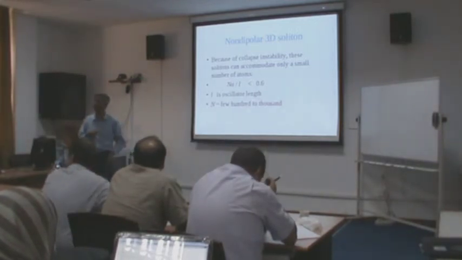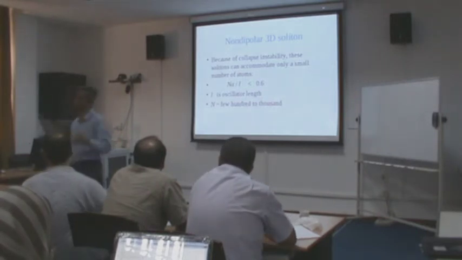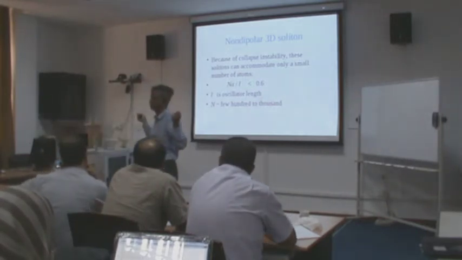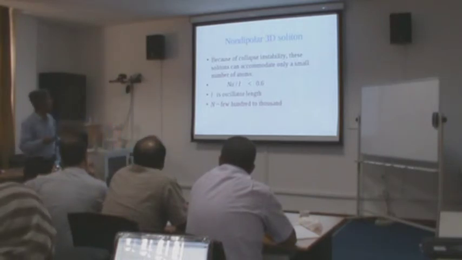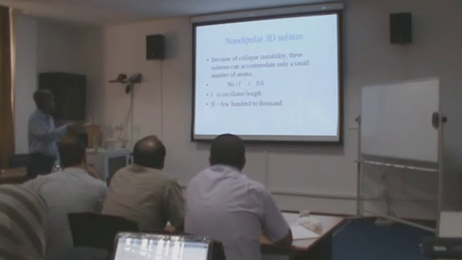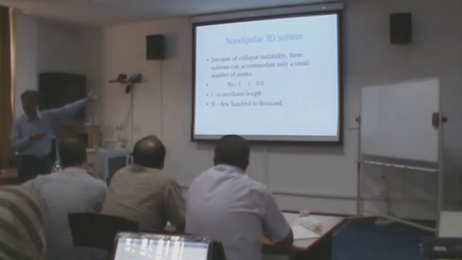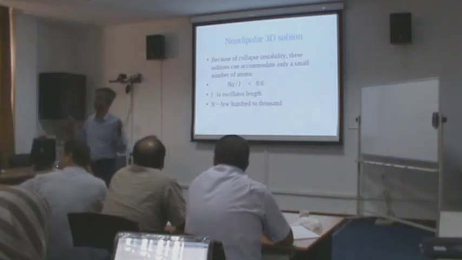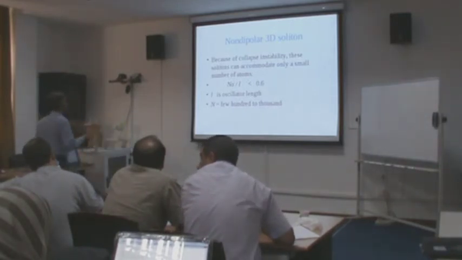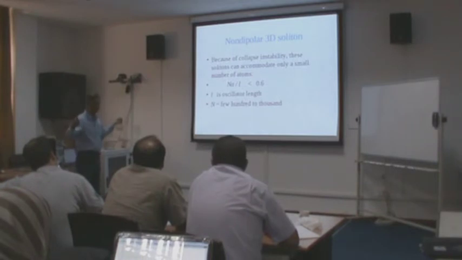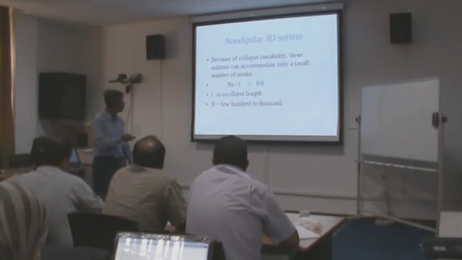But why do you call it a soliton? It is a solitary wave, in one dimension. You are talking here about a three-dimensional trap? No, this is the one-dimensional soliton, prepared by Hulet in a three-dimensional lithium condensate, with no trap in the x direction and a trap in the y and z directions. But this limit is like this, so it can accommodate only a small number of atoms.